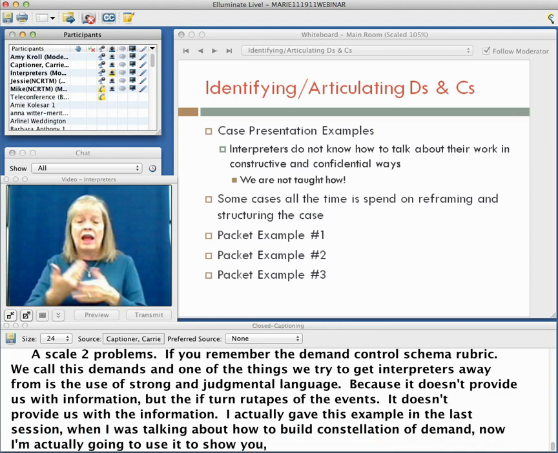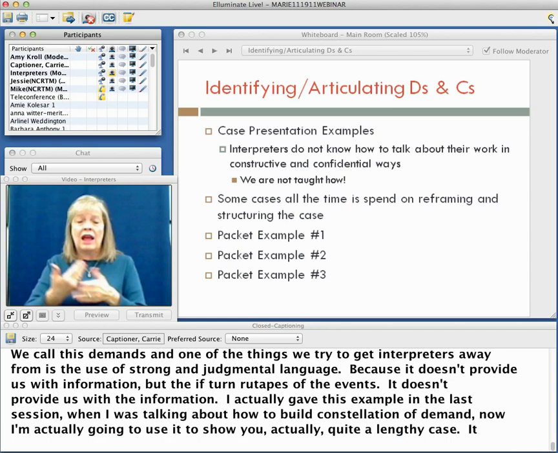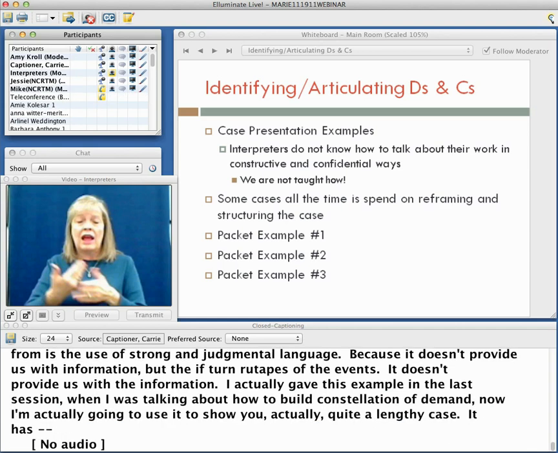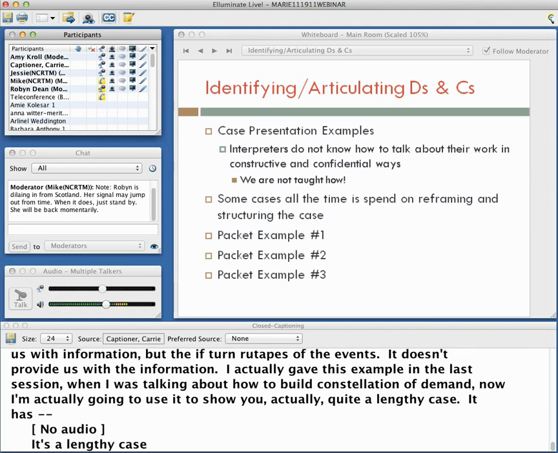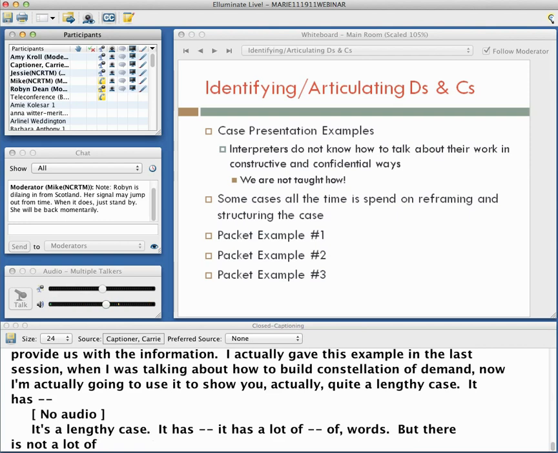It's a lengthy case. It has a lot of words, but there's not a lot of information. What you instead have is the interpreter's